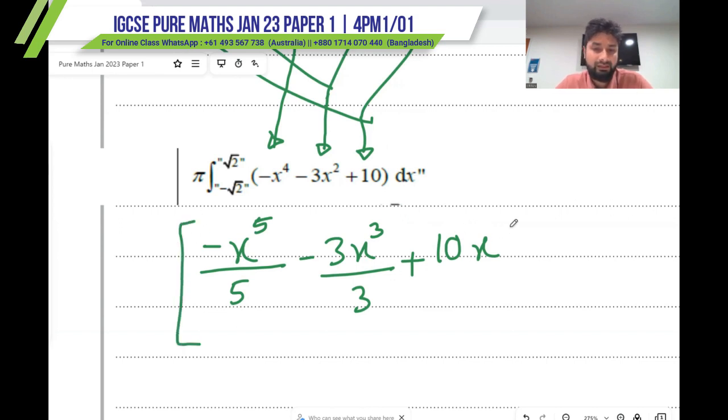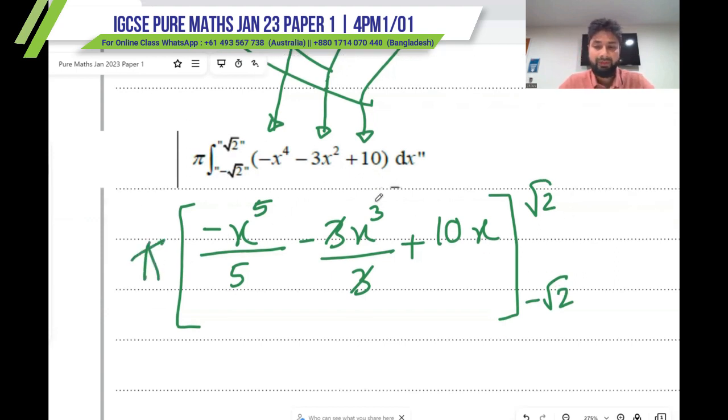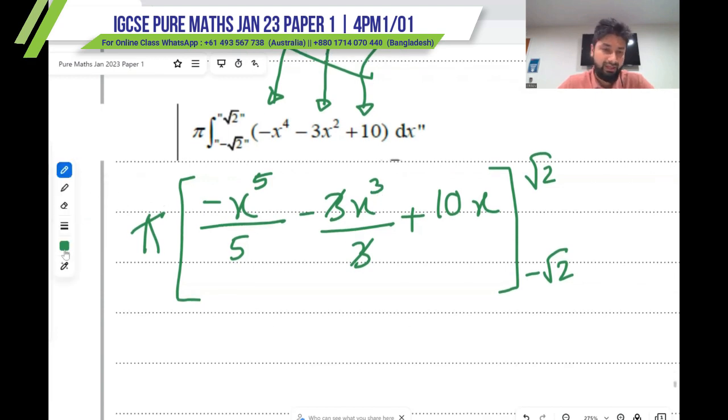So my integration is done. We can get rid of this 3. And again, after the integration process is done, we have to put a third bracket, and then we'll put square root of 2 and negative square root of 2 to the right hand side, and the pi will be as it is. From here, what we have to do is